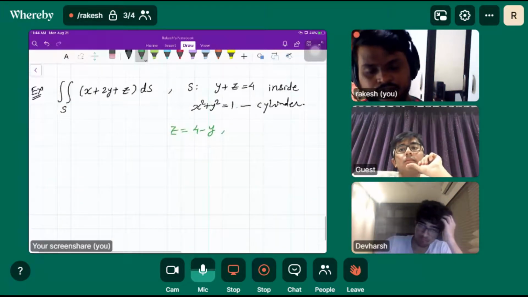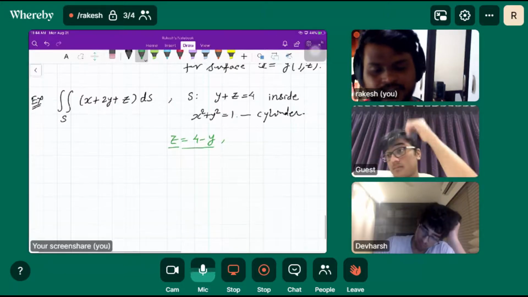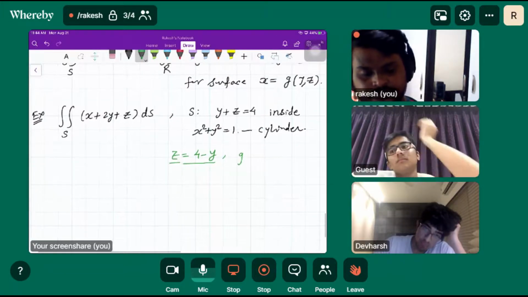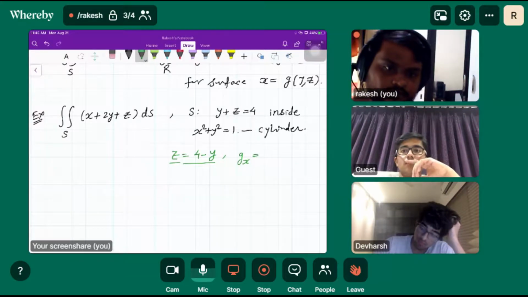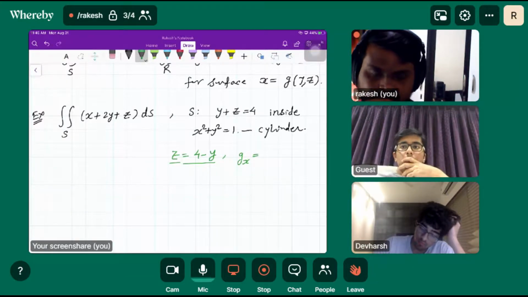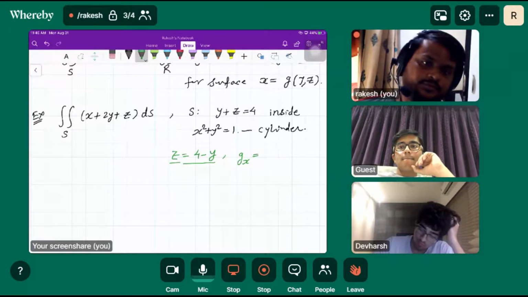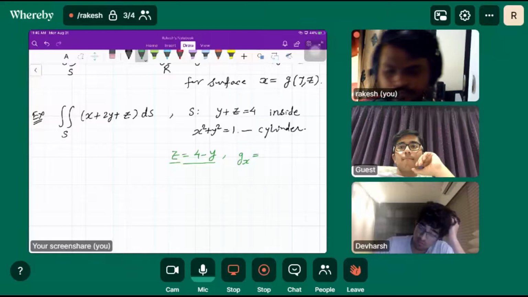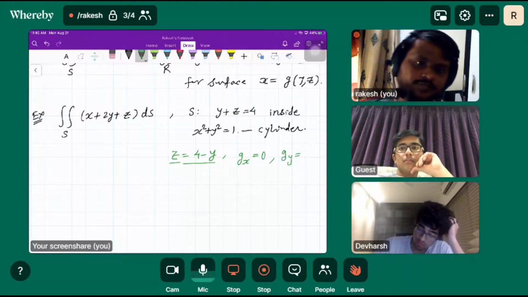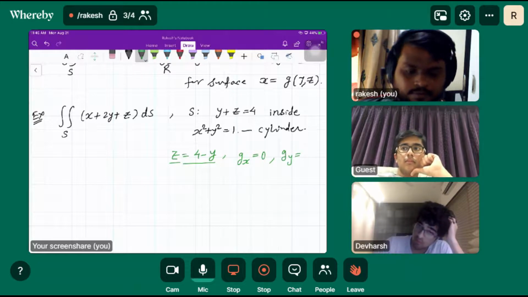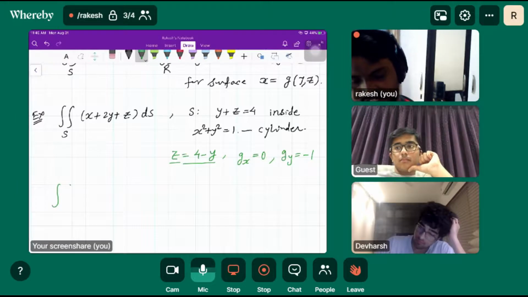So this is like g of x, y. What would gx be here? That's the partial derivative of z with respect to x, which will be zero, right? And the partial derivative of g with respect to y is minus 1. Okay, so the surface area,